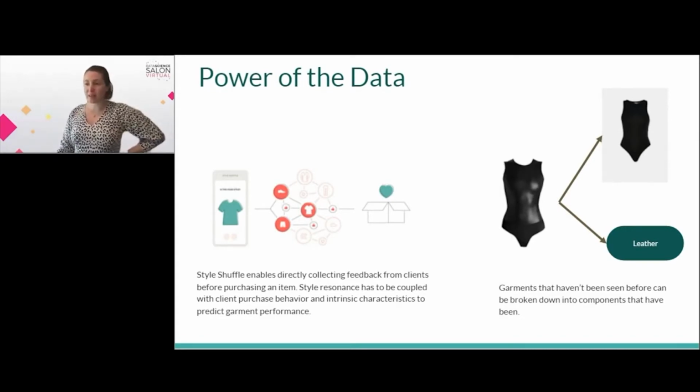One is Style Shuffle, that we could actually take an image of an item, show it to our clients through the Style Shuffle game, which is available on our desktop and our app, and a way in which we collect feedback from clients on what styles resonate with them. We could take items that we hadn't officially brought into our ecosystem, show it through Style Shuffle, and get early